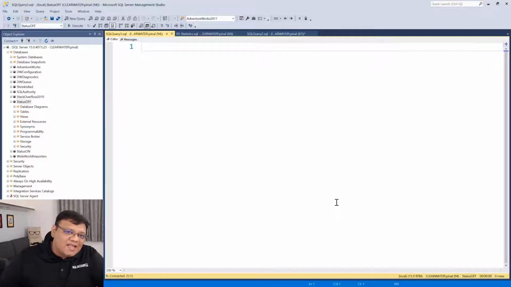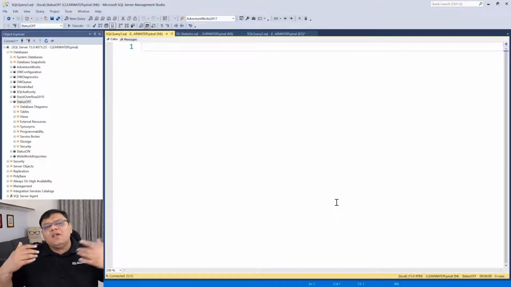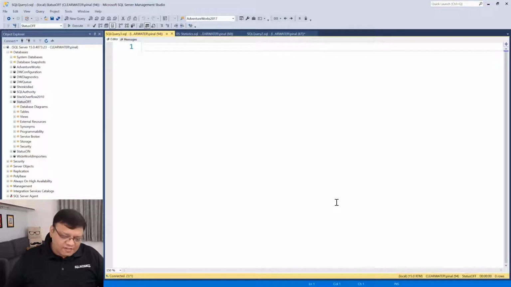Now we understand why statistics are important. There are a few things where I get in trouble. Like, I created an index and my index is not used. Well, go and update the statistics. No, that won't fix it. What you really have to do is make sure your auto update and auto create statistics are on. Right now I had one table, but in the real world there will be so many tables, so many joins, and you always need better statistics for them. That will solve most of the problem.